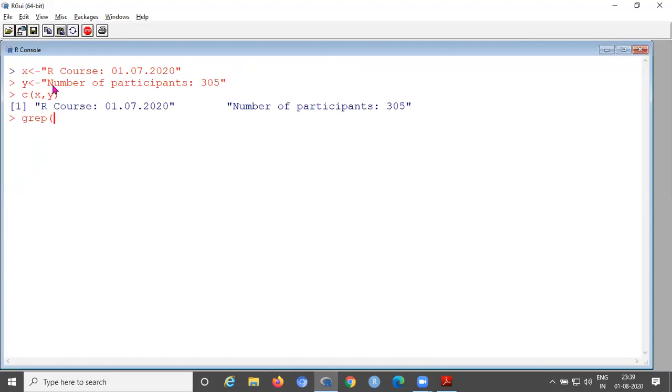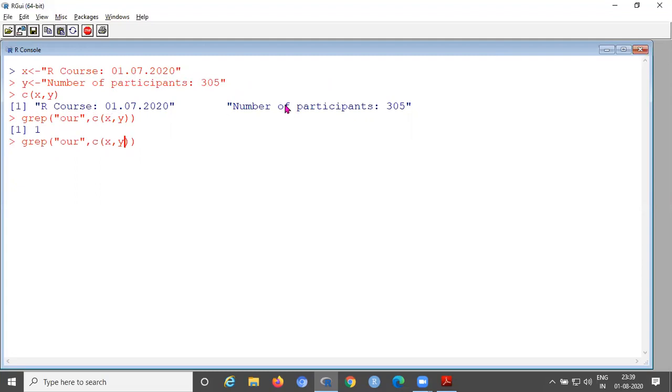Now what we are doing is using grep. We want to find the strings where "our" occurred, from c of x comma y. Here we did not mention value equal to false or true. By default it takes false only. So "our" occurs in the first string; in course, "our" is there. In the second it is not there.